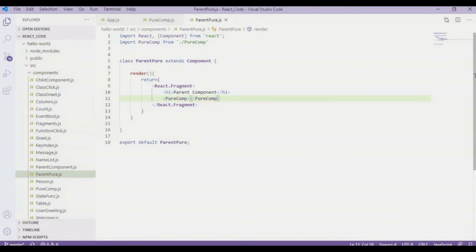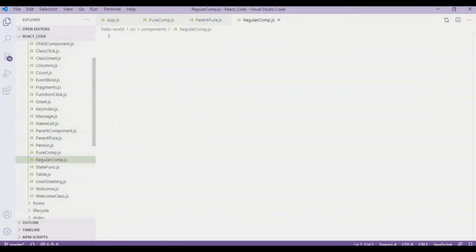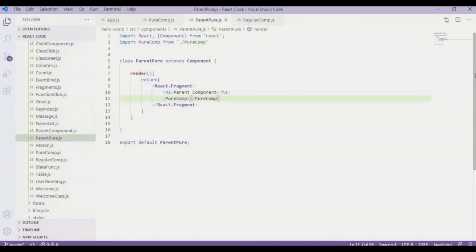Alright, now I'm going to have another component and I'll name it regular component, regularcom.js. Again it is another regular component, so I'm going to copy all the stuff from here and paste over here.